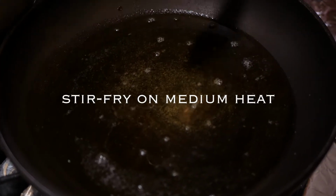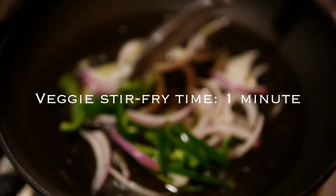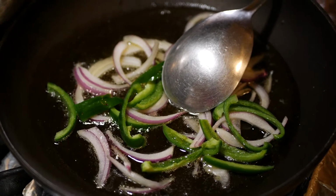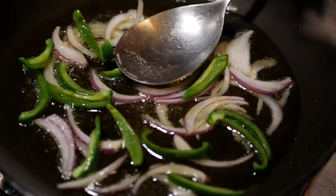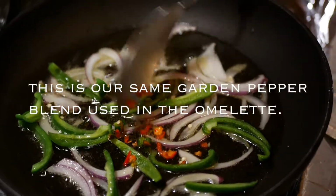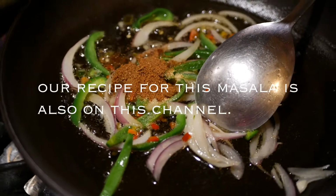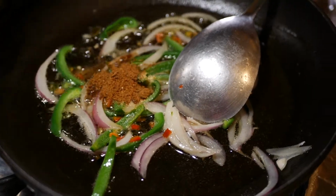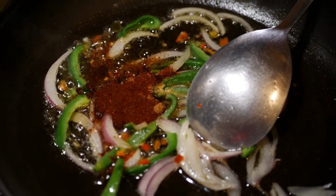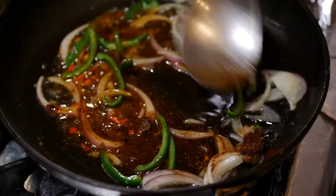So what do we got? I got a teaspoon of the margarine, and I got a tablespoon and a half of olive oil, and we got a little red onion, white onion, and the bell pepper. And I'm gonna add a very teeny mini bit of the hot peppers since we like a little spicy. I'm adding homemade simple masala. Add 1/4 of a teaspoon garlic powder, half a teaspoon of chili powder seasoning, not the cayenne pepper. We're just gonna stir it. We don't want to overcook, just like